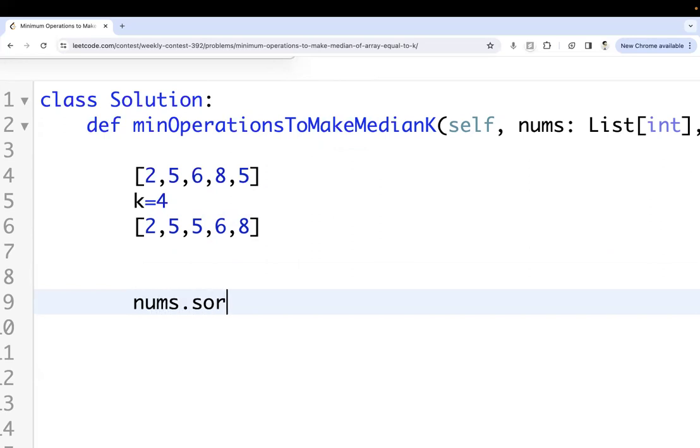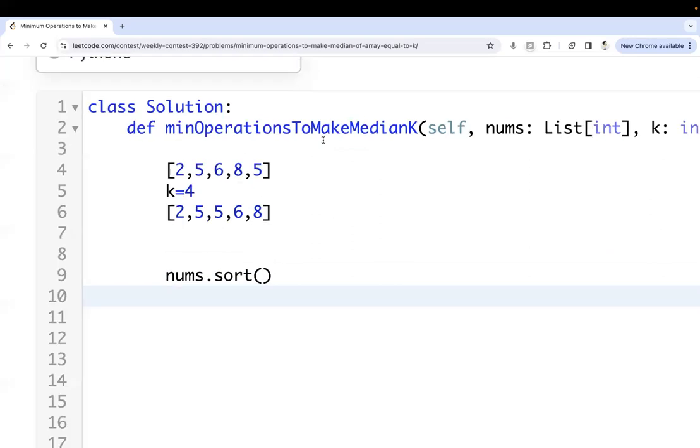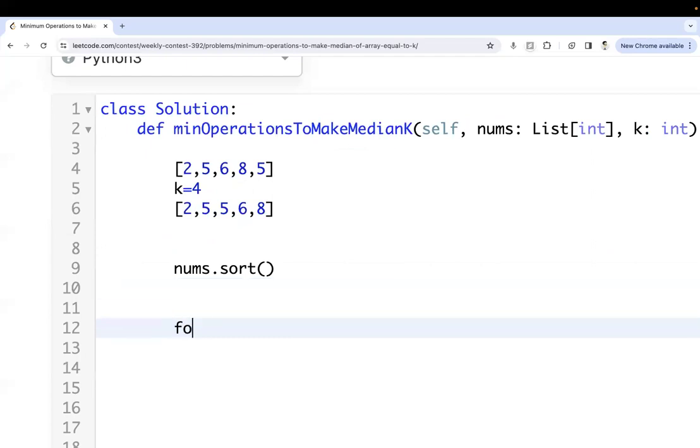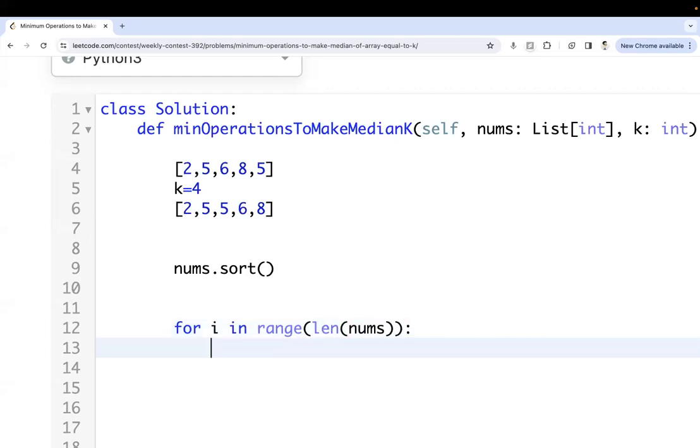So first let's sort the array, and then let's go through each element for i in range(len(nums)). Now there can be three cases. The first case is when i is less than the middle element, I mean the i is in the first half of the array. If i is less than len(nums) by 2,